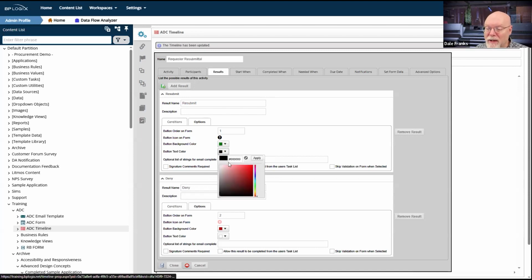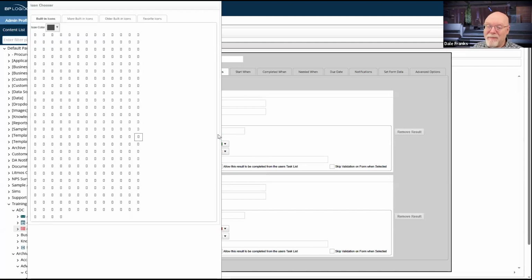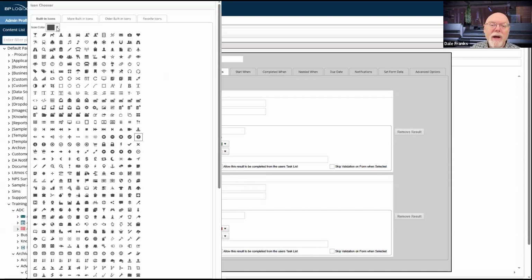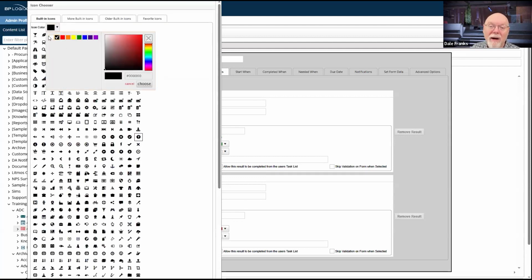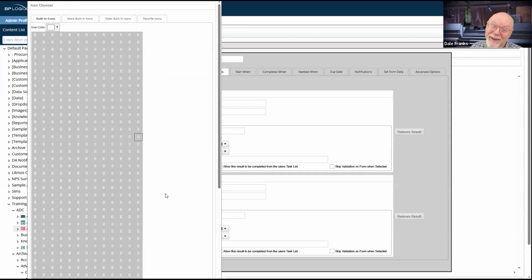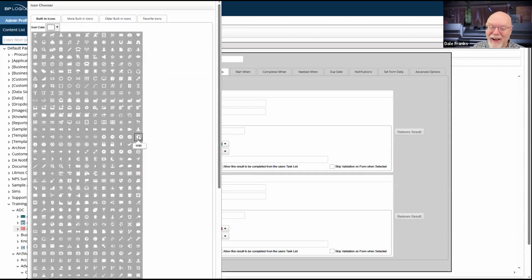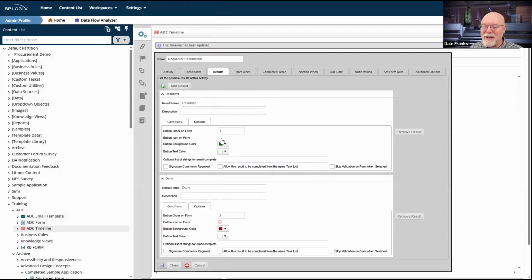And then for my text color, I'm going to go to the opposite and make it white. My button icon was this dark color, black, and I want to change that to white.